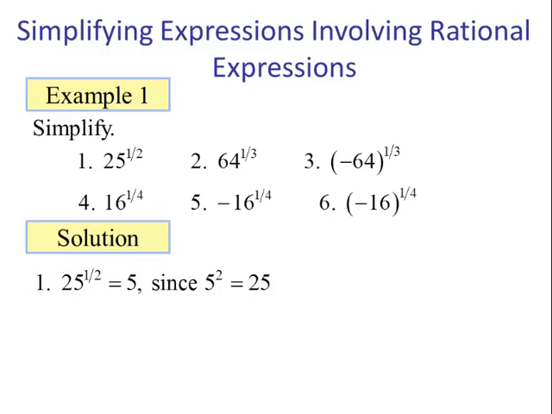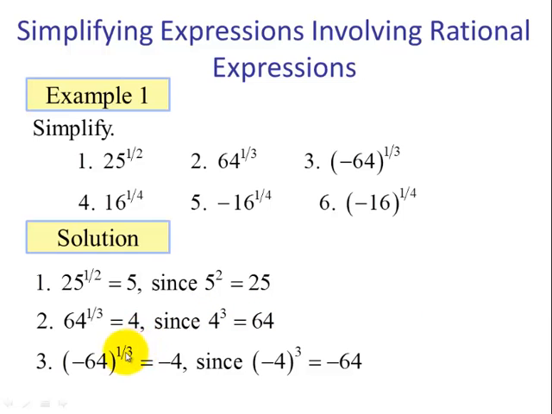Number 2, we have 64 to the 1/3 power. So this is asking what number do I cube to get 64? Well, the answer is 4, because 4 cubed is 64. Number 3, and in this case it is negative, so negative 64 raised to the 1/3 power means what number do I cube to get back a negative 64? Well, in this case, since n is odd, we can have a negative number here, and it works, because if I take negative 4 and cube it, negative 4 times negative 4 times negative 4,